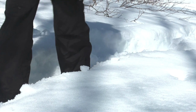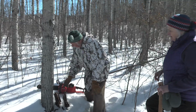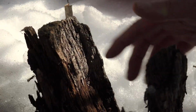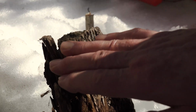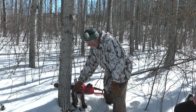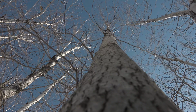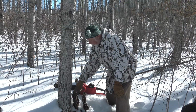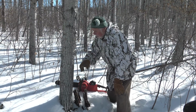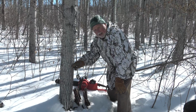This is a really cool stump. It may look just like a bunch of rotten wood, which is what it is now, eh, Caroline? Yeah. But you can see the sharp cut here. And we cut this tree down in 1987. And so for 35 years, this stump has been decaying into the forest floor. But what's really interesting is how this new tree has come up beside it. This tree is probably a clone of this tree and grew up from the roots of the tree that we cut. So we know for a fact this tree is 35 years old and is just the ideal size for